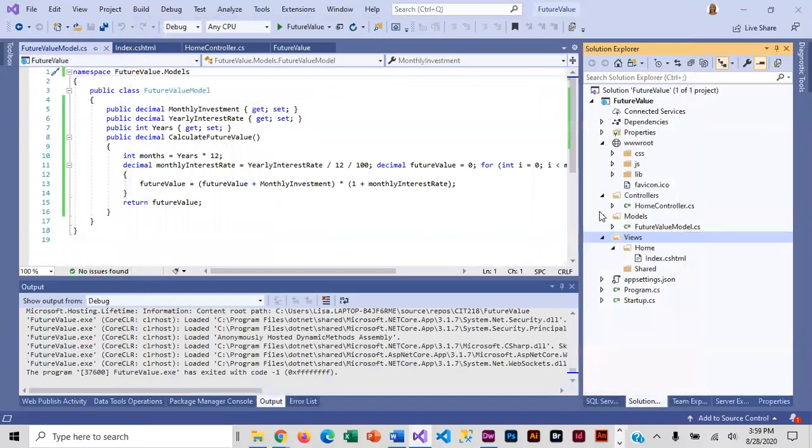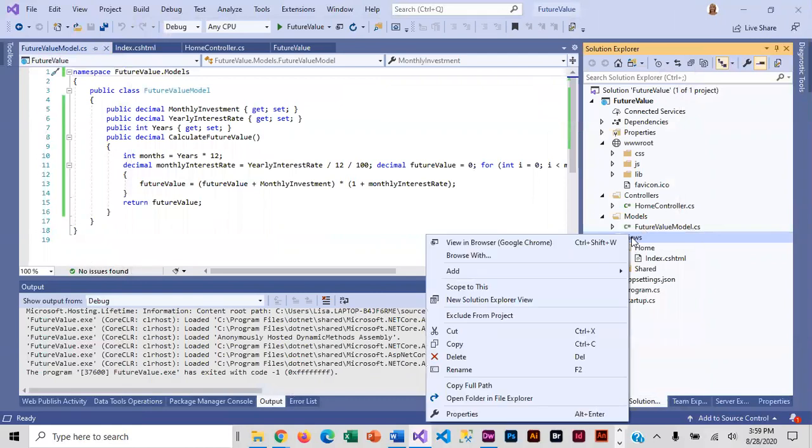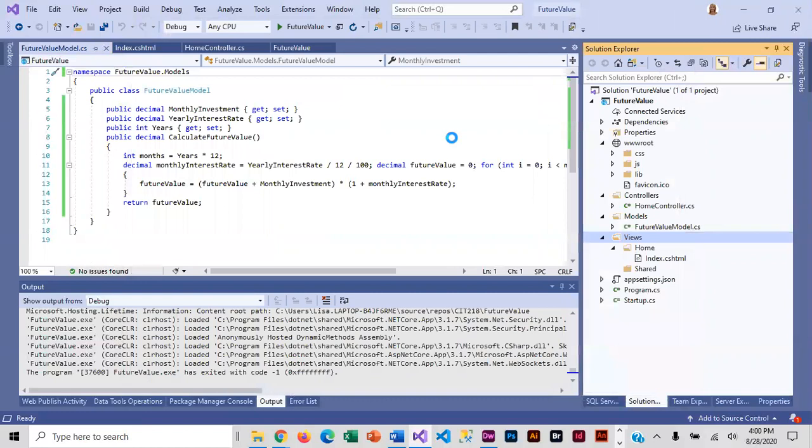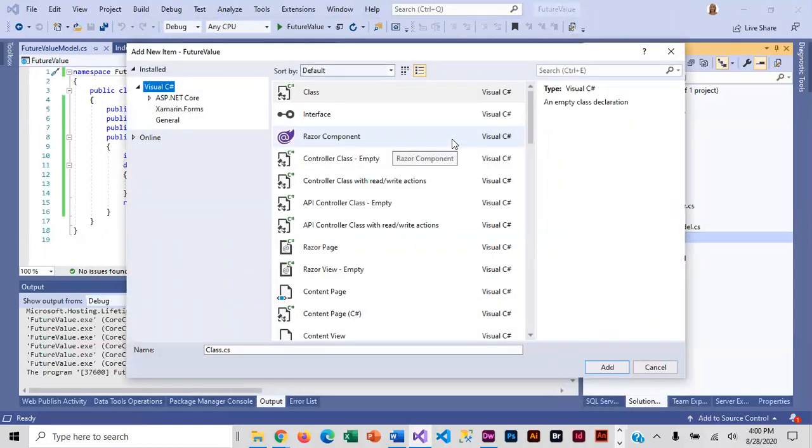Oops, I lied. That is not the view that I want. We'll try this again. Right click, new item is what we want. There it is. All right, so the item that we want